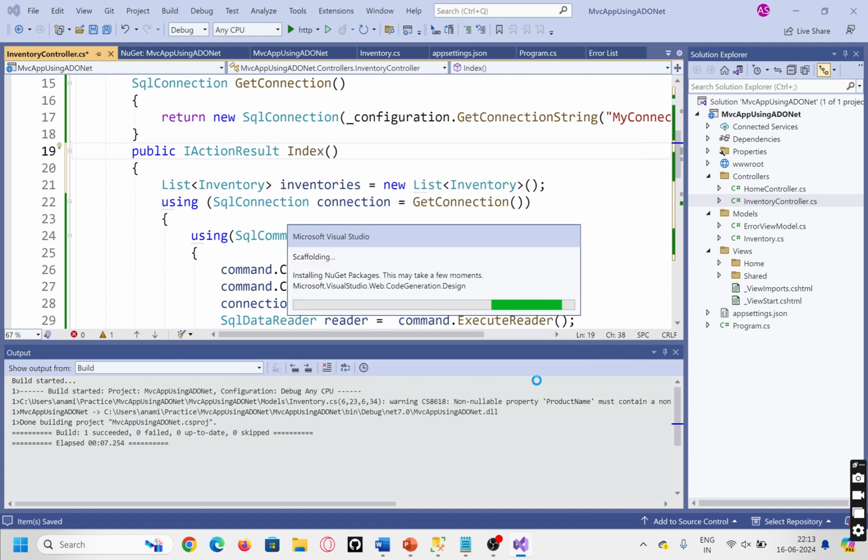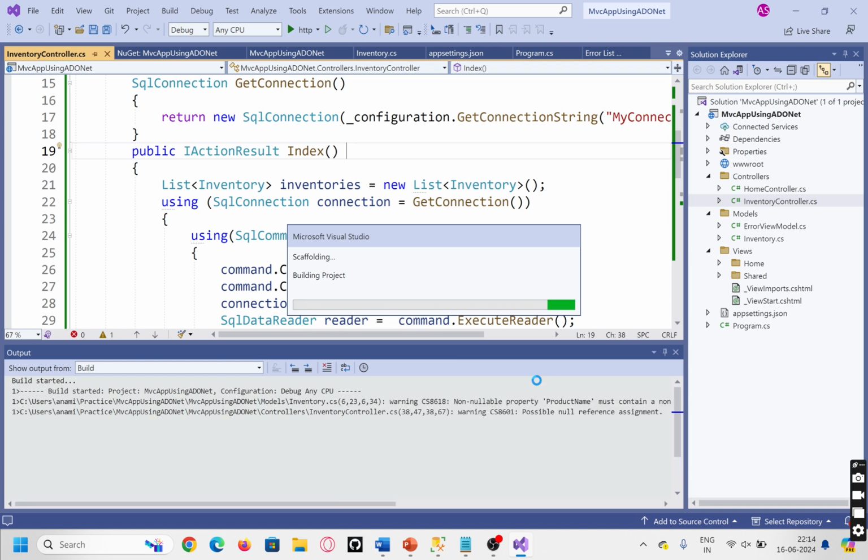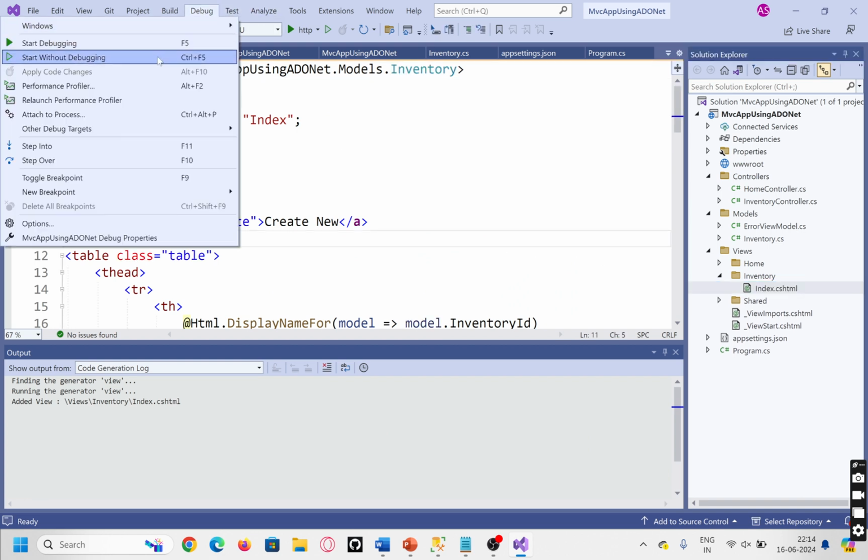If everything is okay, it will build the project and then generate a view based on the inventory model. Such a view is known as a strongly typed view. We can find that we'll get a folder here with the name Inventory, and this index.cshtml file will be there. We can see this folder comes and this file is also there. So if you run this with debug, without debugging,